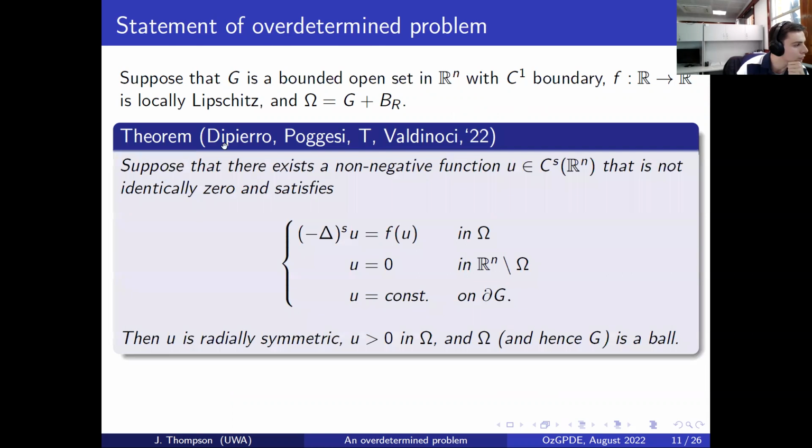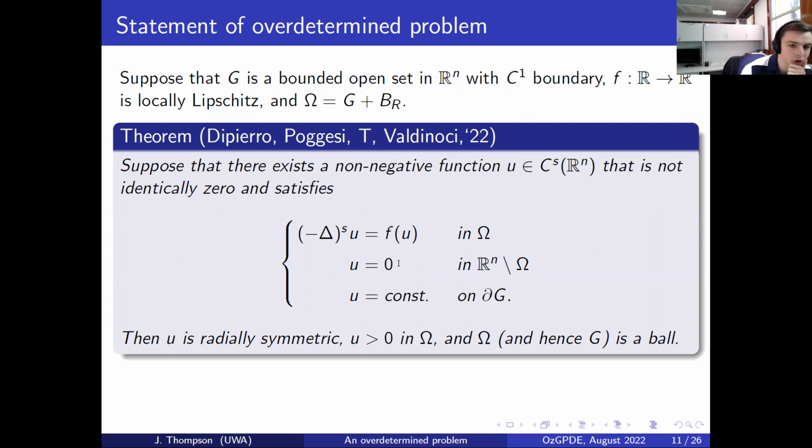I proved with Serrin, Dipierro, Giorgio Poggesi, and Enrico Valdinoci that if we have a non-negative solution that's Hölder continuous up to the boundary, that is not identically zero and satisfies the fractional semilinear problem with Dirichlet boundary conditions,